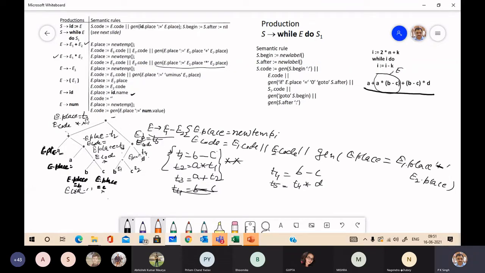Here you have E.place is T3 and E.code is these three statements. Here you have E.place is T5 and E.code is these two three address statements.